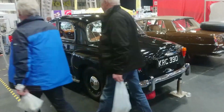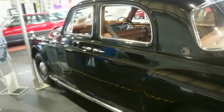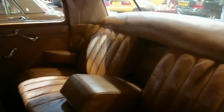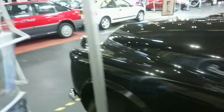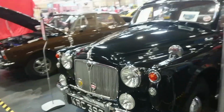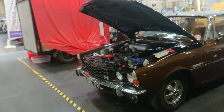The colour of the P4 that I tested was this colour, it was black. Rover 90 though was a different model, the one I tested was a 100, and look at the condition of this, it's absolutely beautiful. They are a bit heavy to drive, and at first the gear lever is not where you expect it at all, it's where third normally is. So you've got to pay a bit of attention when you're driving it, but they're very, very comfortable cars. And yes, a lovely, lovely